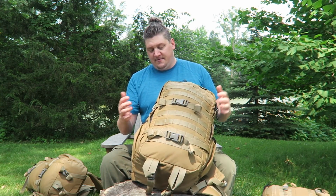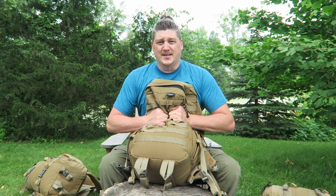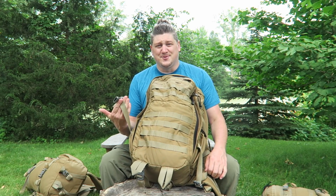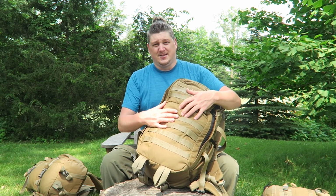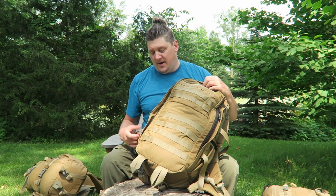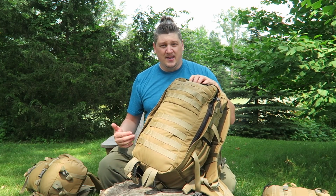A little bit different configuration on the Sting pack. Of course, you have the 2 front compression straps. Again, what's nice about these packs is that you can really compress them all the way down with these compression straps. So if you want a nice small pack, you can really just tighten those up. Sabra gives you a ton of webbing, which is something that I noticed right off the bat. If you want to throw an extra bedroll on here, clip on something that's a lot larger, maybe clip a tent to the outside of this, you have the additional webbing to do so. Some packs don't give you enough webbing, and then you're stuck with putting extensions on or re-sewing